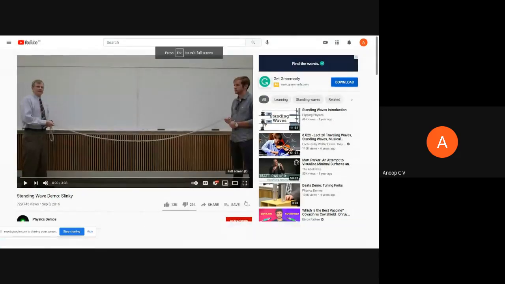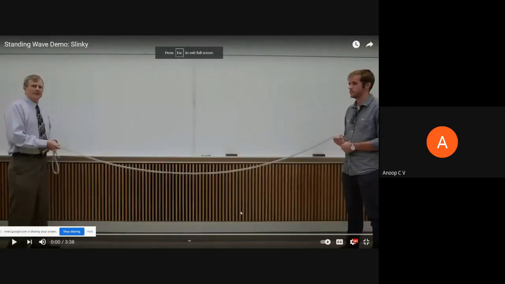Maybe you might have seen this. This is not related to electromagnetism, or voltage and current standing waves. It is a standing wave established on a string which is tied at one end. You can see a professor holding a string in his hand, and someone helping out by holding the other end very firmly. So we'll see what happens.